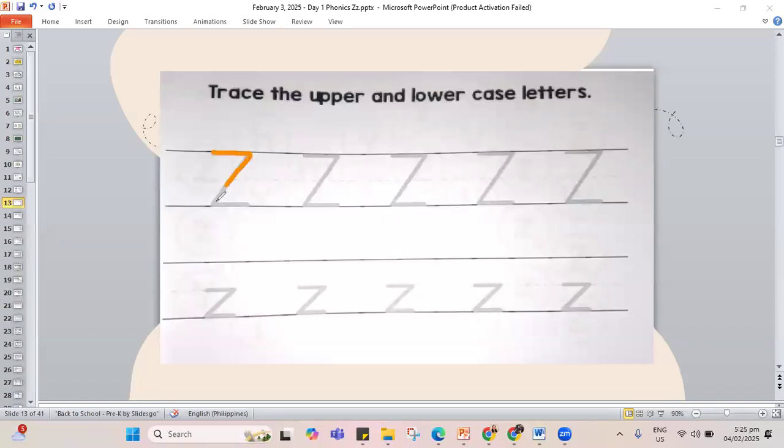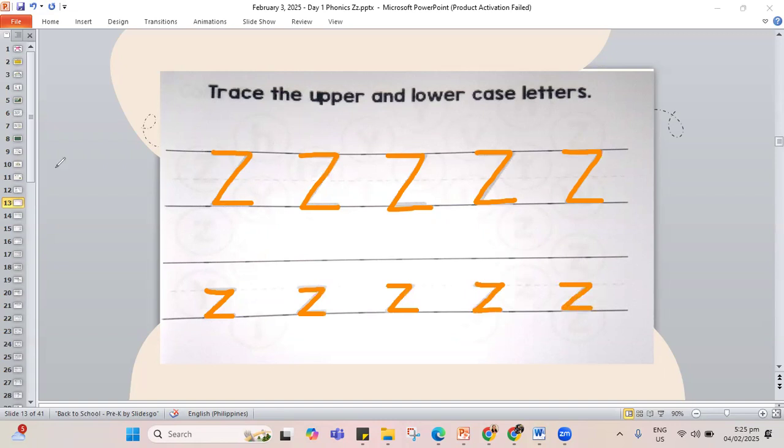So trace for your letter Z, remember, you line at the top, you slide and you go out. You line at the top, you slide and go out. Continue making your capital letter Z. The 5 Z's, you need to trace it at the top. The ones at the bottom are the lowercase z's. So the same thing, but it's smaller. We have letter Z for this week. Our letter friend is the letter Z. And remember, Z has the sound letter Z.